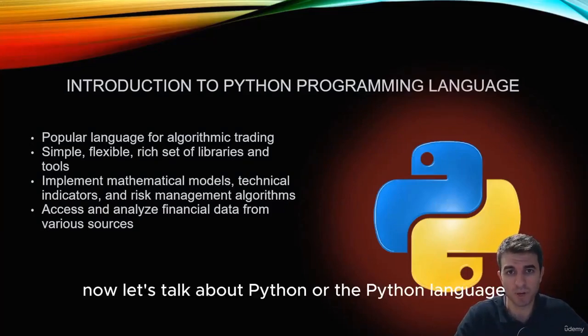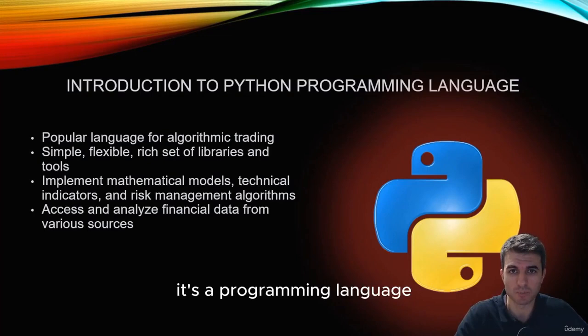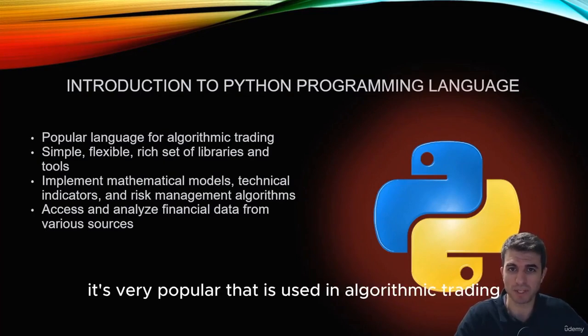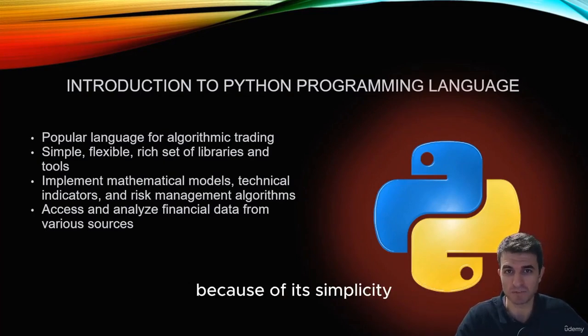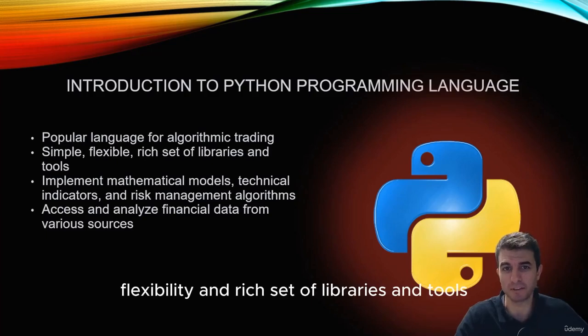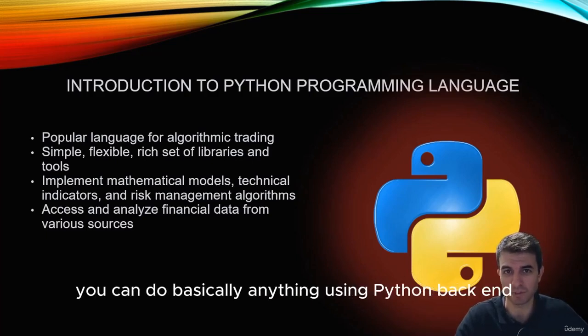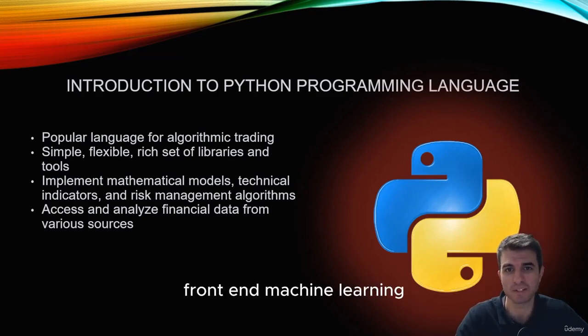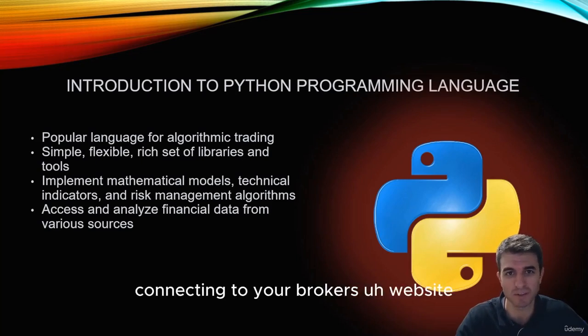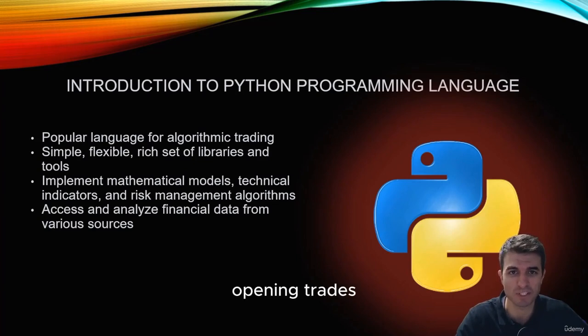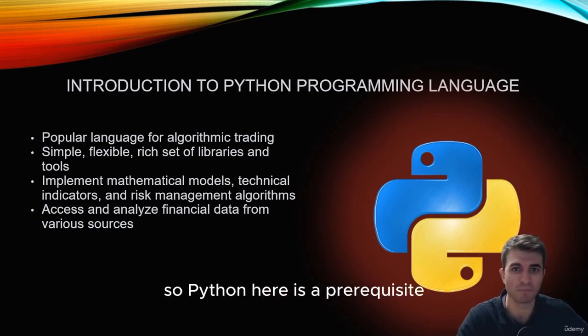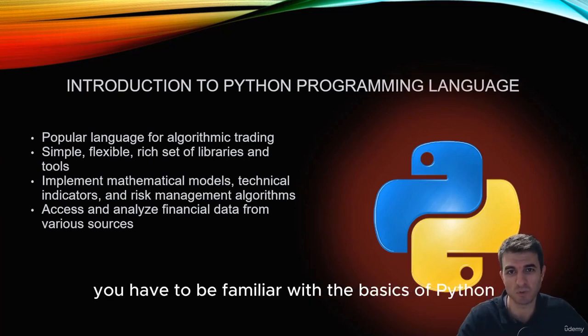Now let's talk about Python, or the Python language. It's a programming language, very popular, that is used in algorithmic trading because of its simplicity, flexibility, and rich set of libraries and tools. You can do basically anything using Python: back-end, front-end, machine learning, neural networks, trading, calling APIs, connecting to your broker's website, passing trades, opening trades, closing trades, you name it. So Python here is a prerequisite, and as we already mentioned, you have to be familiar with